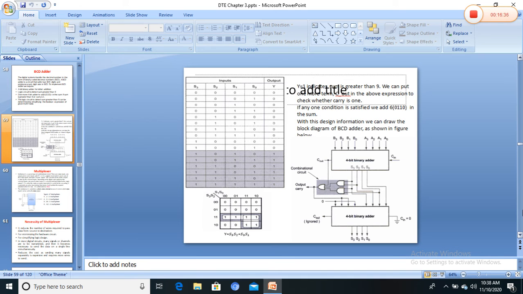The first 4-bit adder takes A and B, that is A0, A1, A2, A3, B0, B1, B2, B3. And there is a combinational circuit made of an AND gate and an OR gate. This combinational logic circuit checks if the sum is greater than 9 or the carry is 1. The second 4-bit adder is used to add the number 6 if the sum is incorrect, that is, if the sum is greater than 9 or the carry is 1, so another 4-bit adder is used.